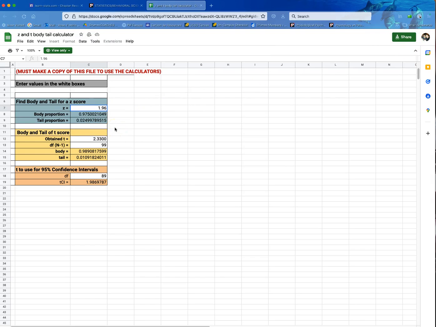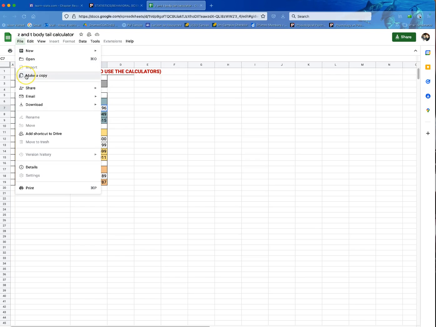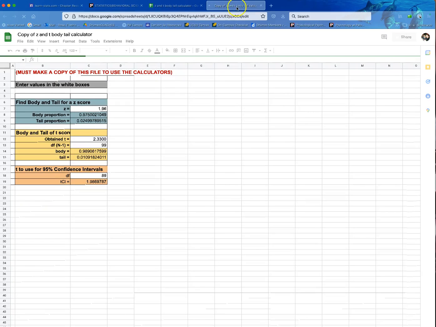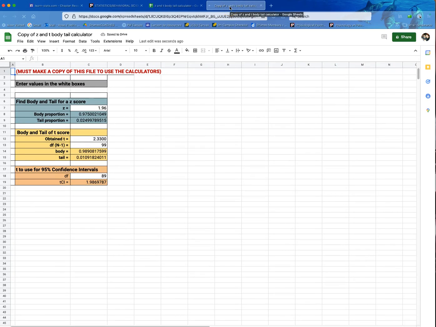If you have a Gmail account or a YouTube account, that's it. Otherwise, you can create a Gmail account or a Google account for free. But anyway, then you go to File, Make a Copy, and when I select Make a Copy, it asks what do you want to name it? Click Make a Copy, and it opens that file in a new tab, and now I can use that file.